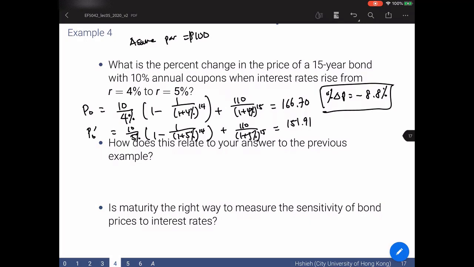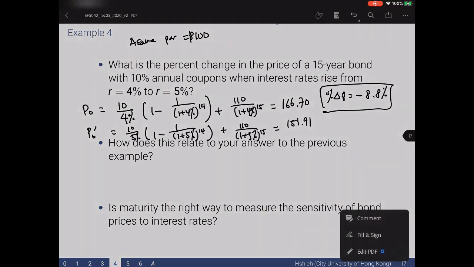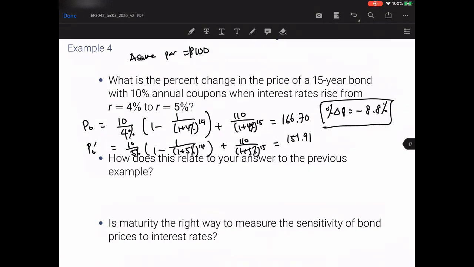That's the best way to measure sensitivity of bond prices to interest rate risk. Okay, so to answer how does this relate to the answer of the previous example, it's related because the 15-year